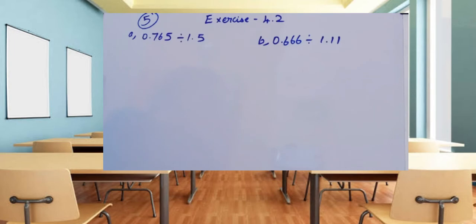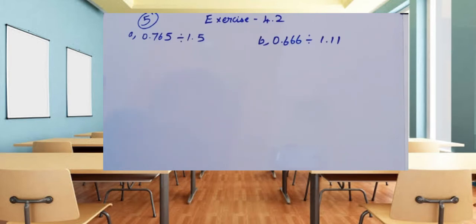Seventh standard Maths, chapter 4, decimals, exercise 4.2. In the last video, I uploaded up to the 4th sum. Now in this video, I am going to upload from the 5th sum. Find the quotient of